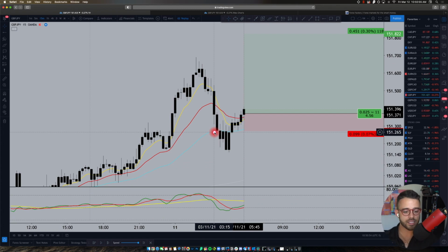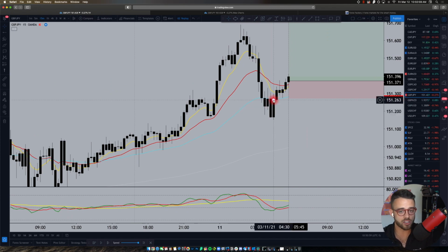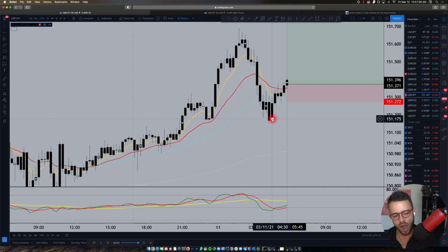So when I'm seeing this setup holding the 50 EMA after moving higher all night, I know because of my systems that I'm looking on the 15 minute and the 1 minute for a D1. The reason why I was confident to be long biased here and not trying to follow the move just from this drop here and try to follow that short is because if you go to the daily time frame and